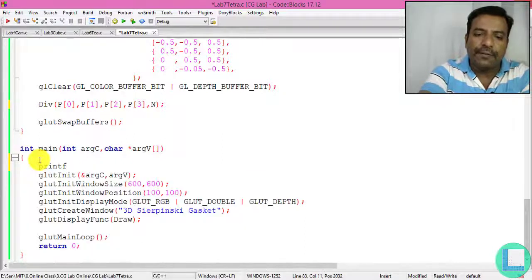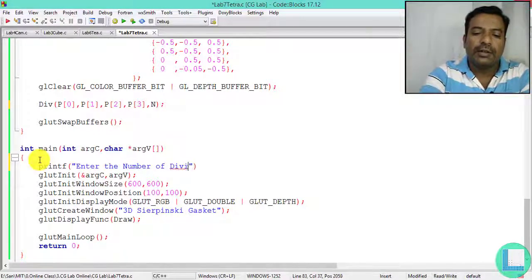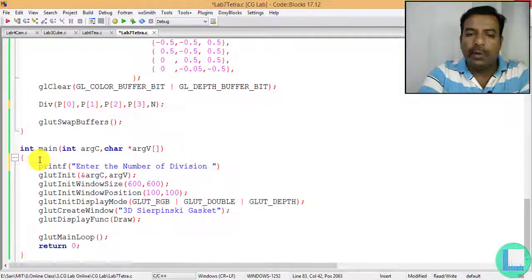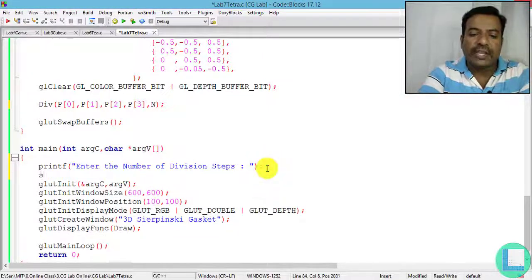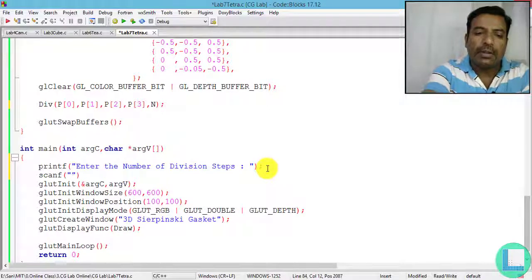So printf, enter the number of division steps. And I'm going to use scanf with %d and read the value into the address of n.